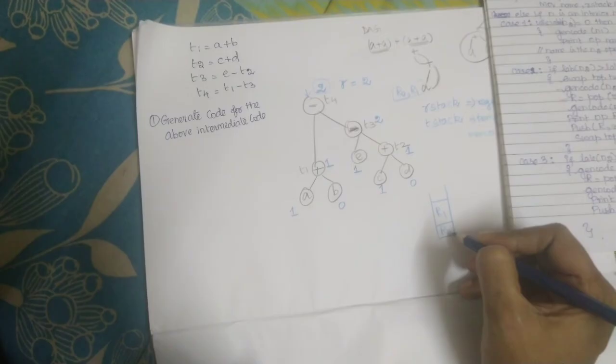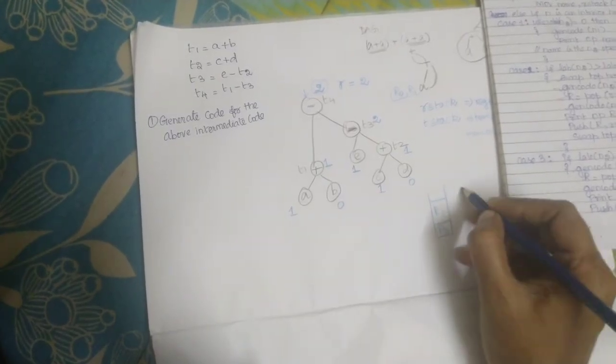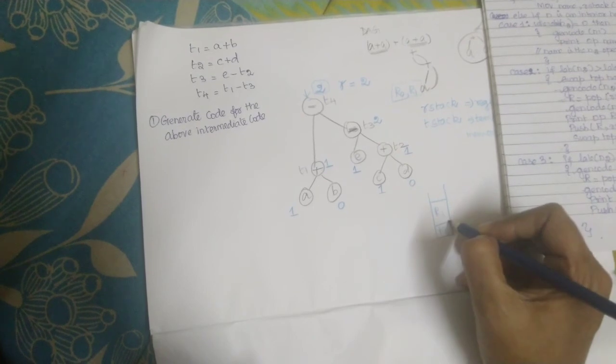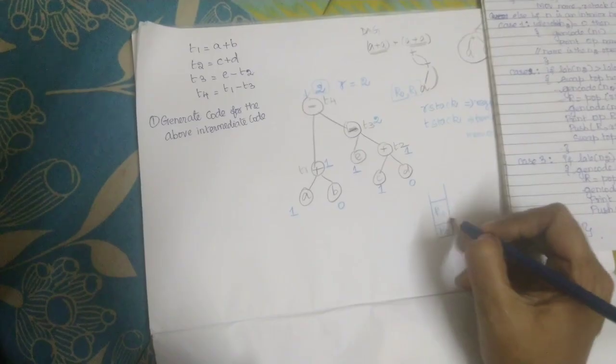This stack has all the properties of the data structure. The top of the stack is R1. 2 operations can be performed on this stack: one is a push and another one is a pop. You should know about this.